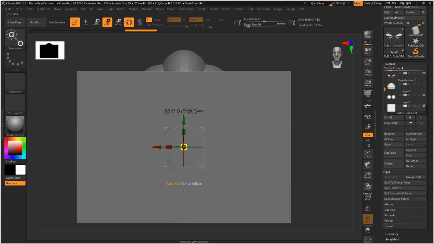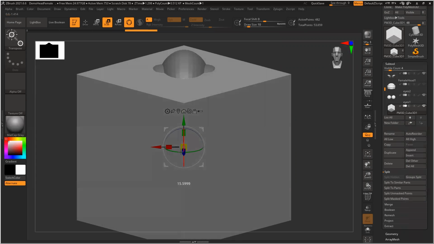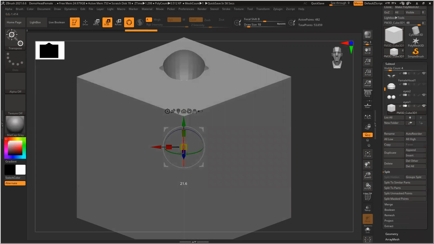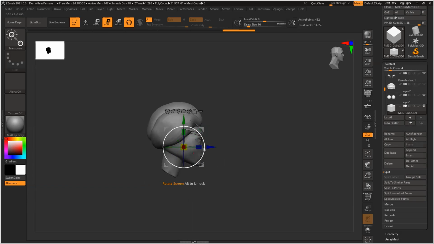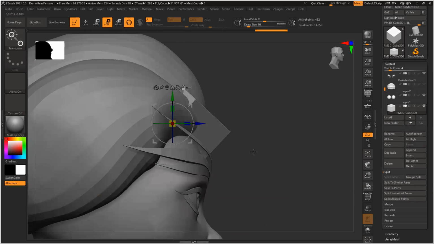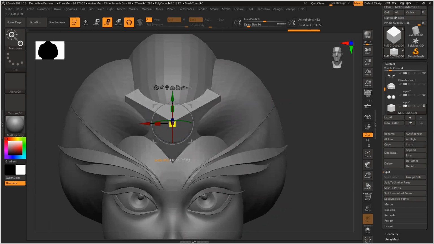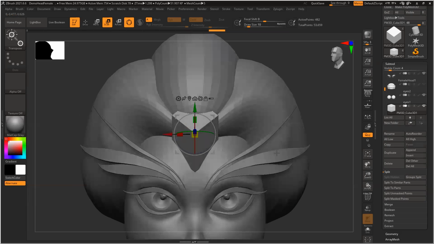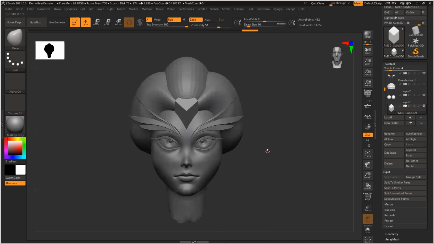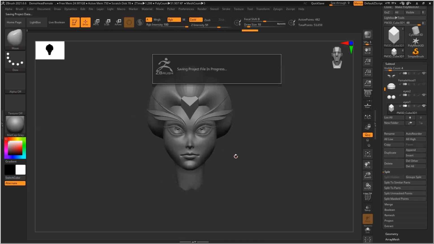Reset this thing, alt click on this, and little narrow. Save it.